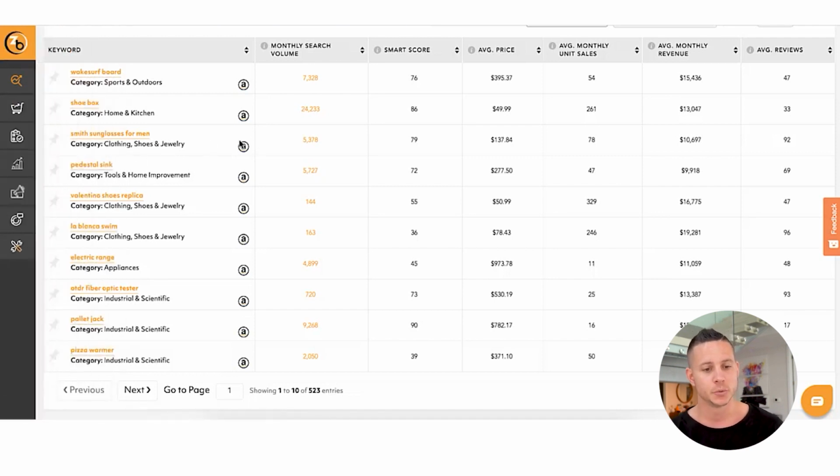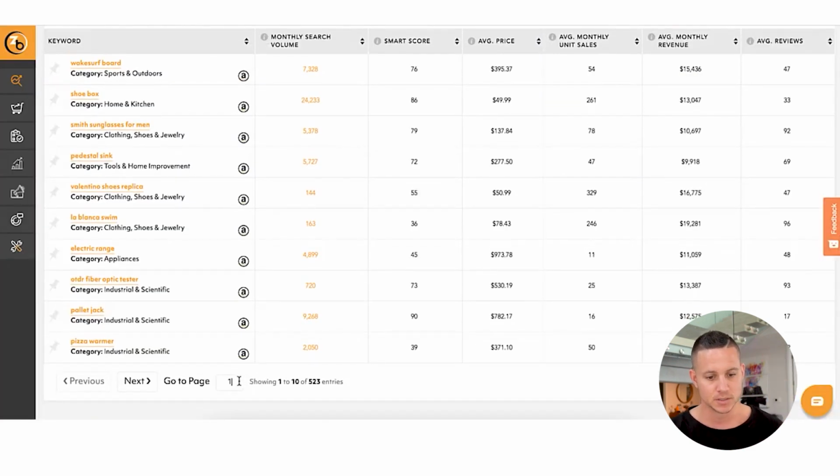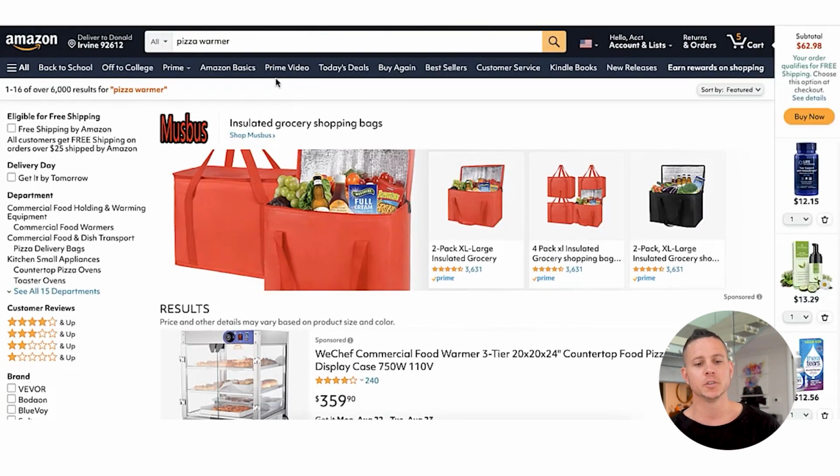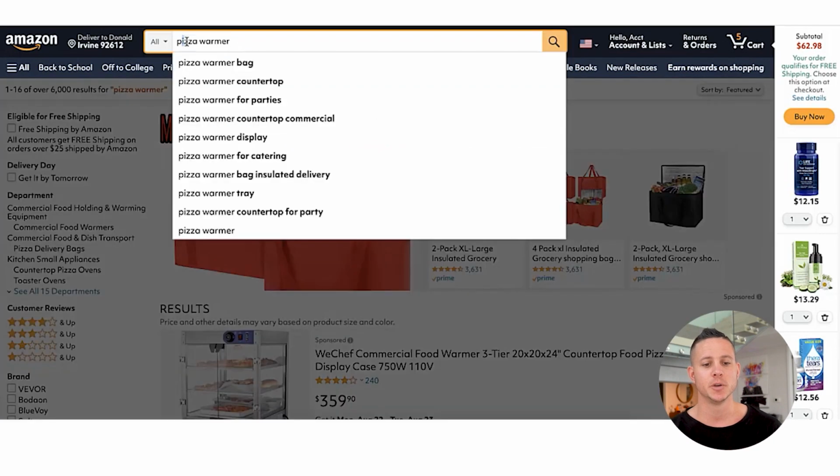So what we're gonna do is go ahead where it says Wake Surfboard, and we're gonna go open this on Amazon. Let's take a look at some of these other ones. We can see that there's another one. Pallet Jack is another interesting one. Pizza Warmer is another interesting one, right? So these are overall niches, which means that Zonbase is pre-populating this particular